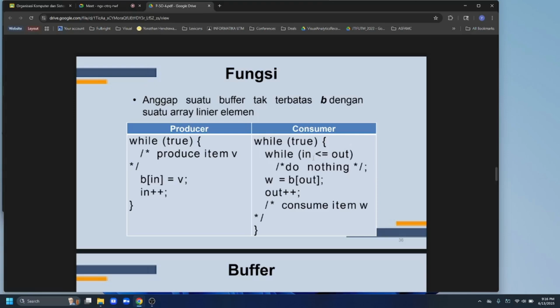If so, that means the buffer is empty, do nothing. If not, then it will take the item at location out of B from the buffer and put it in w, and then increase out. After that, consume item w.